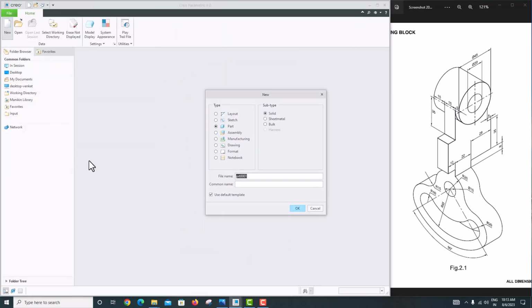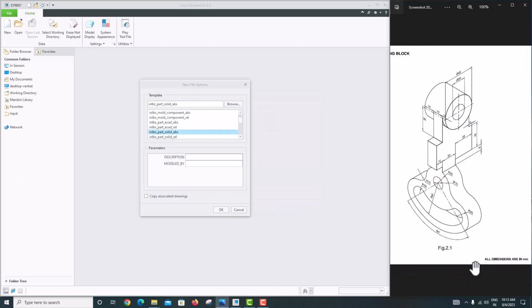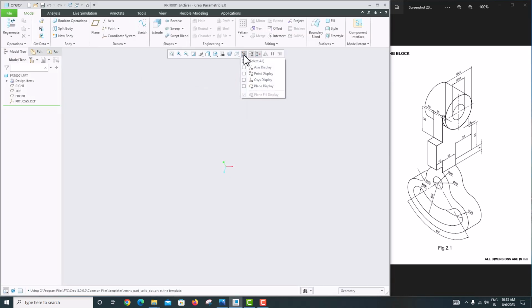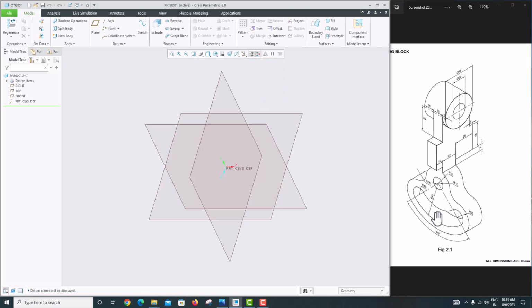go to new, solid, part, just untick this use default template, just OK. Now here you can see all the dimensions are in mm. Choose the mm template, mm, Newton, part, solid, absolute, save OK. Now I'm just switching on all the planes and axis. Now I'm going to start with this